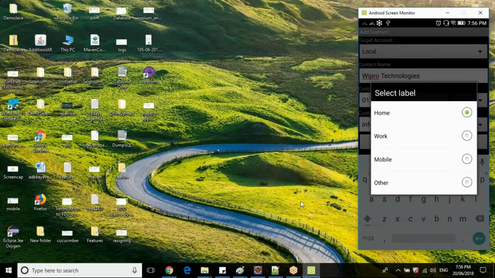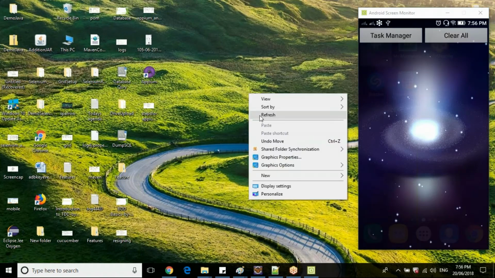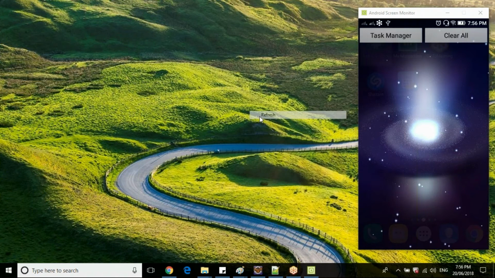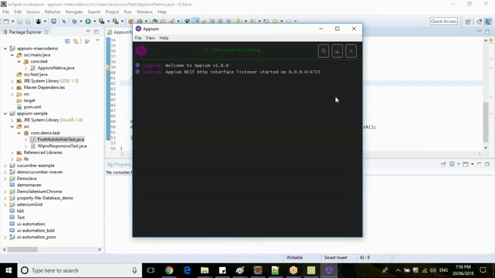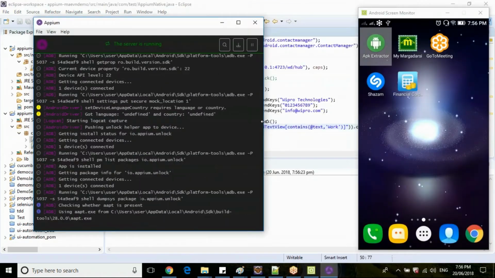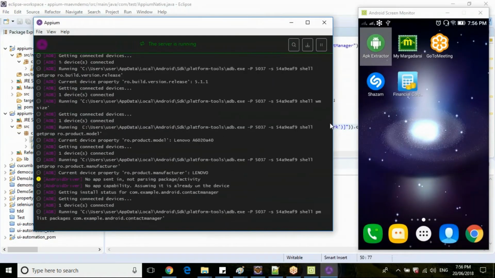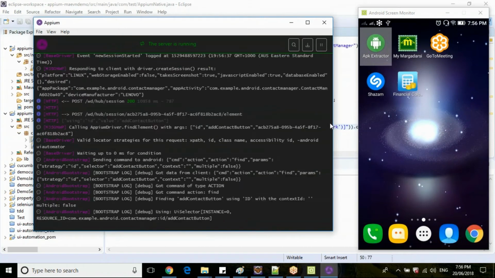Before that, let's close the application in mobile. So let me execute this Appium.